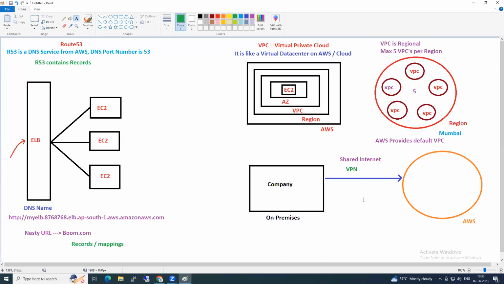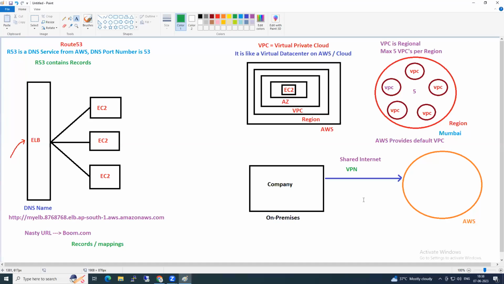Your company guys will set up a VPN from your company to AWS. If someone asks you how you are connecting from your company to AWS, what do you say? Using VPN.